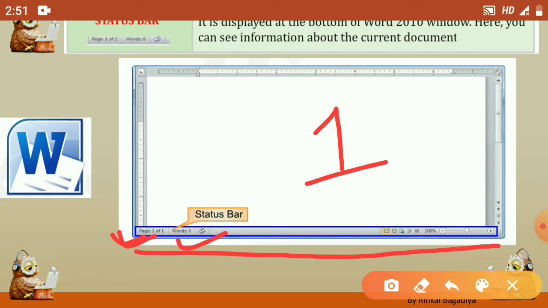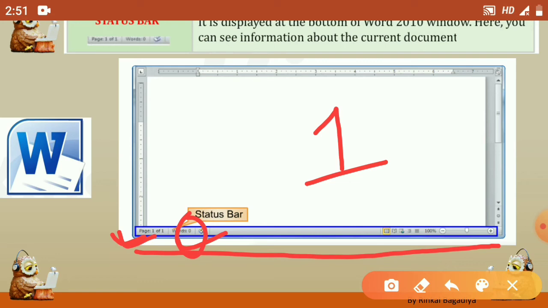Just now we haven't typed any words, and our working area is blank, so it displays words 0 because there are no words in the working area. When we type, it will count the words and give the number here: 5 words, 6 words, whatever. Okay, so this is the status bar.